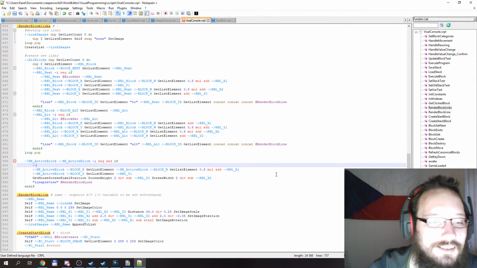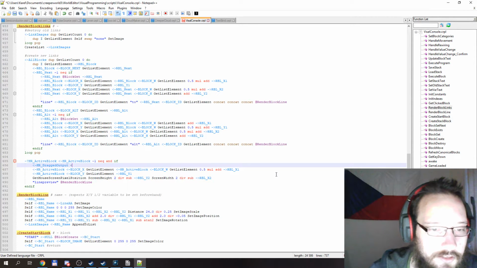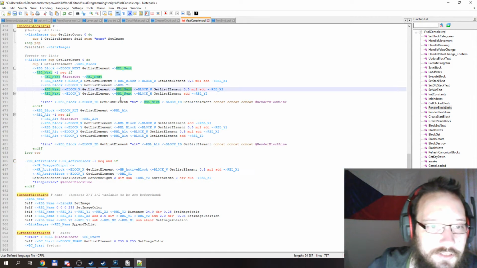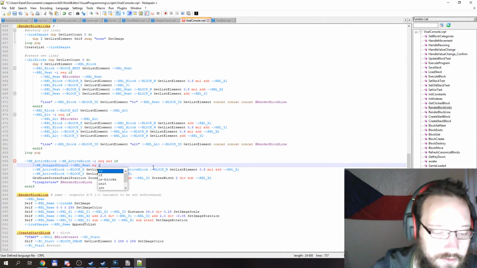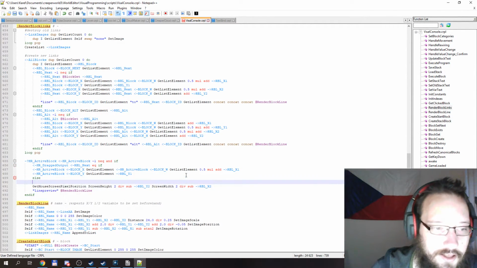Yeah, this is getting worrying. Anyway, so HR drag output. If the drag output is equal to the normal next block, then we do the normal stuff. Else,